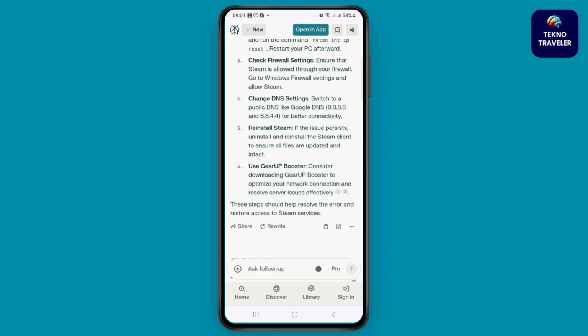Now you can also consider downloading the GearUP Booster to optimize your network connection and resolve the server issues